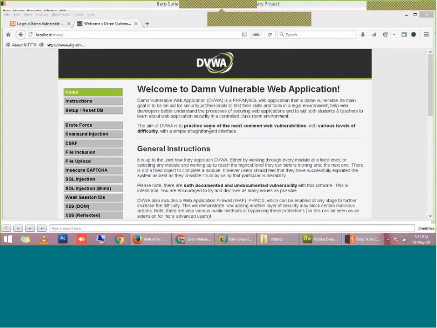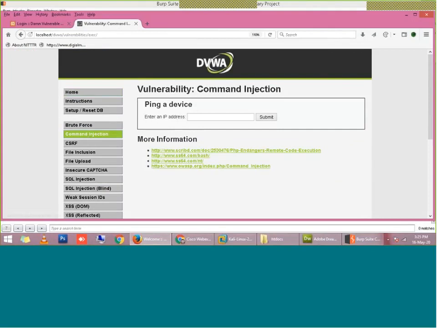Next I am going to demonstrate command injection. This is basically meant for OS command injection. With OS command injection, we can give commands to the operating system of the victim system. Suppose you are an attacker and there is a victim system, so you can give instructions to the operating system of the victim machine to perform some unwanted operations, or to run some unwanted set of instructions, right?